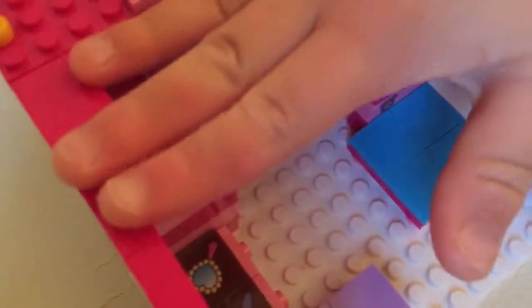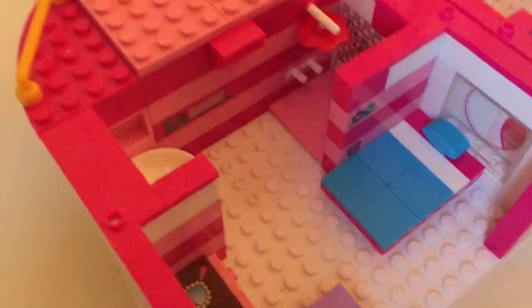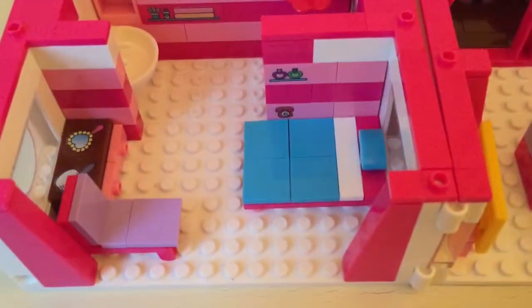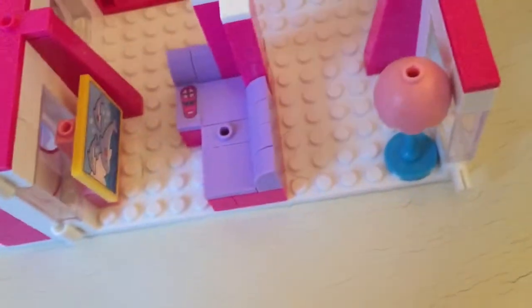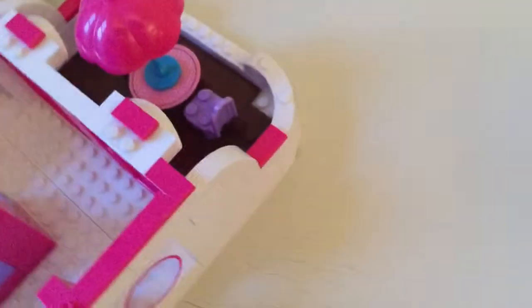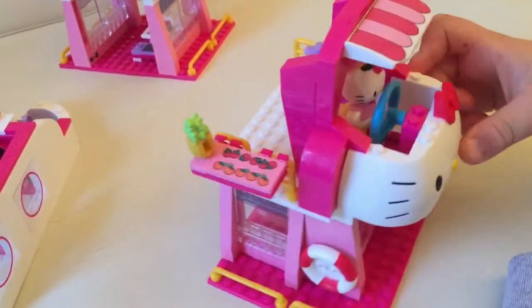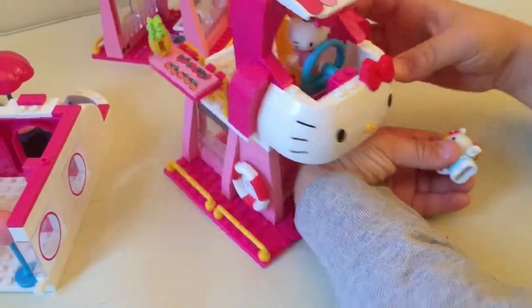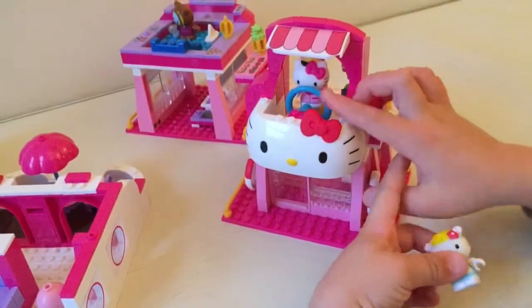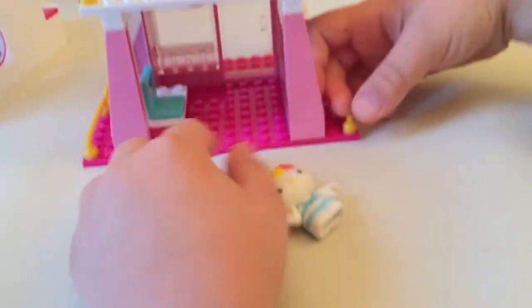So we have the bathroom here where my hand is, the bedroom, the living room, and the back table where they eat. Here is Hello Kitty's place where she activates the ship, and this is able to turn all the way around freely. Downstairs we have